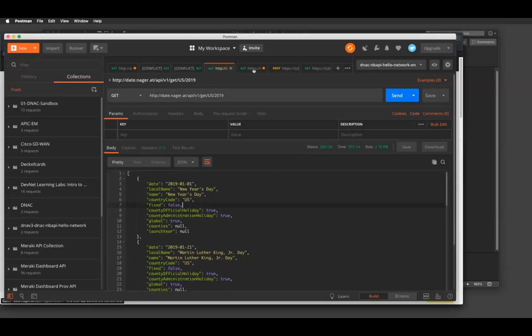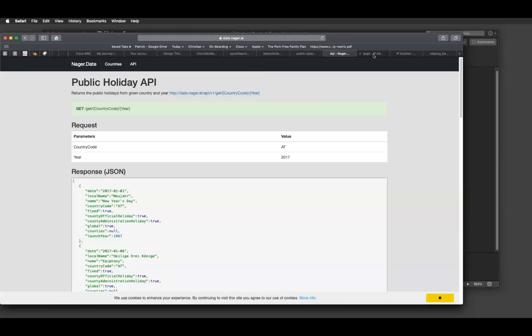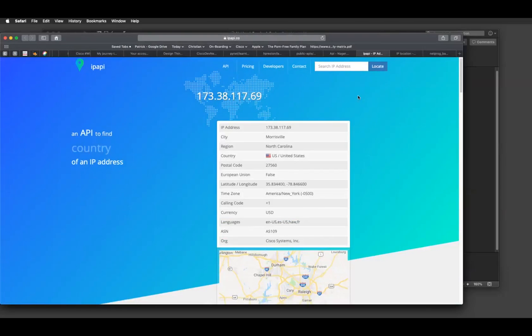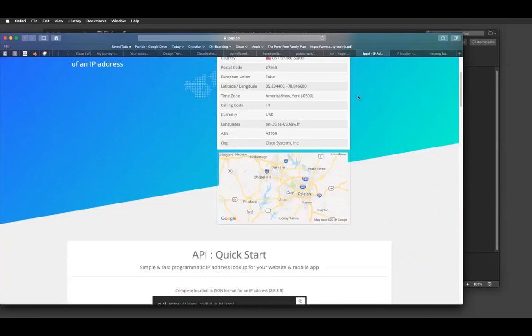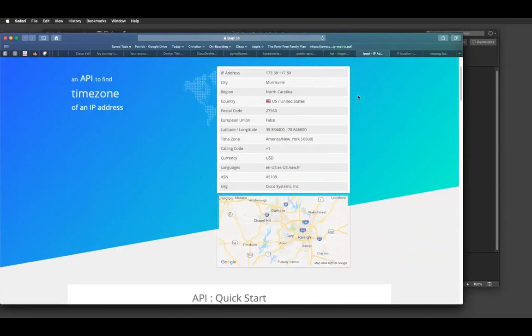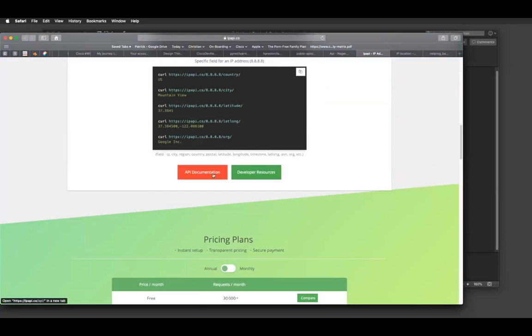Another one that I found that was within that API list was this one here, which is basically an API around IP addressing, so that you can get a country that IP address is from, what city it's from, the region. So all those pieces come into play around this particular API call. And so at the very bottom here, it even has a nice button for API documentation. So that when you click on that, it basically opens up.